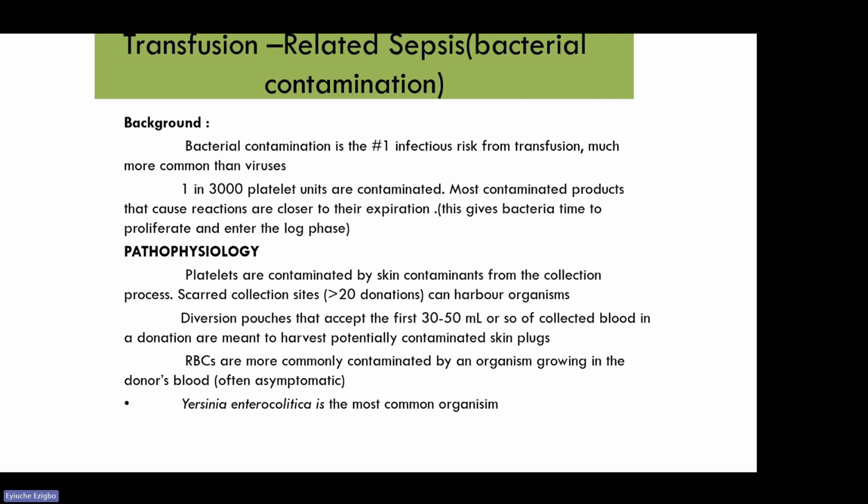So skin contamination, it's not a risk. It's only a risk during the process of platelet collection, where we have to collect from more than 1, 2, 3 donors to be able to make up the count, the quantity of platelets we need for one donation. So that's why bacterial contamination for red blood cells is mostly from organisms in the donor's blood